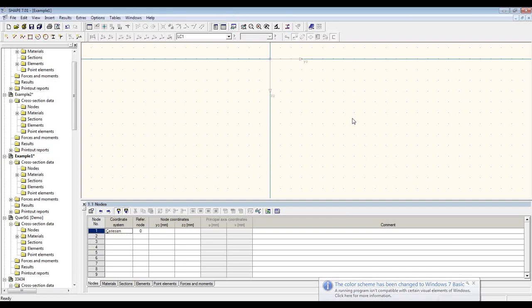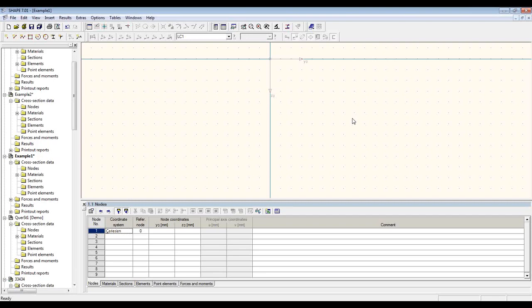Hello, everyone. Thank you once again for joining us today for this webinar. My contribution for today will be an introduction into Shape-thin by going through a couple of examples of modeling and analyzing non-standard sections. If you can see my screen now, I'm in Shape-thin, and the layout of the